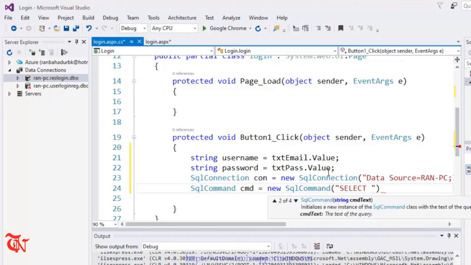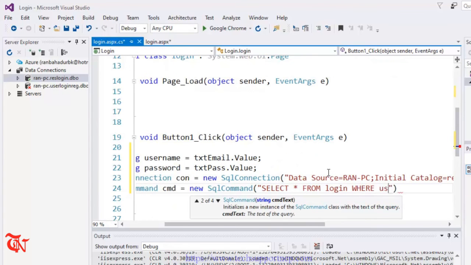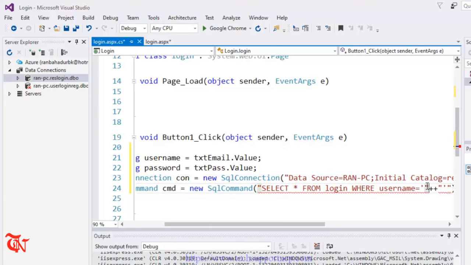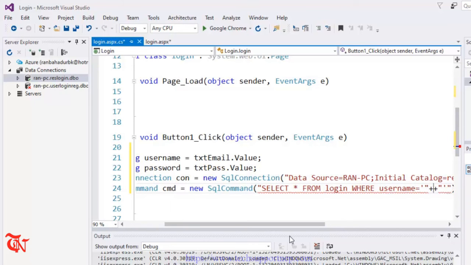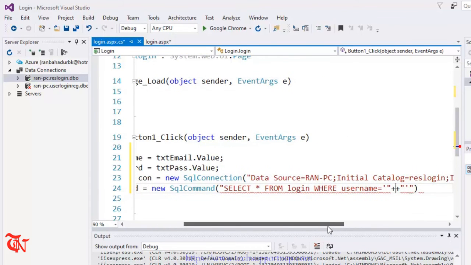It's better to write the standard SQL query in capital letters. So SELECT star FROM our table name, login, WHERE username is equal to single quotes, inside two single quotes, two double quotes, inside two double quotes, two plus signs. We are going to use that double quotes because we are going to pass the string value. That's why we need to use that. And here goes username,